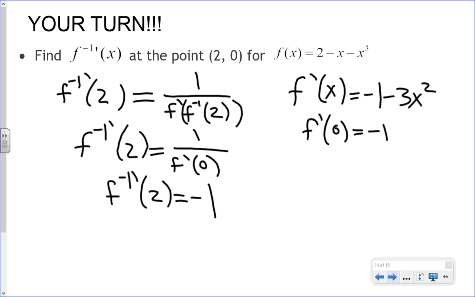Okay, so we need F inverse. Well, they gave us the point 2. So we plug 2 into the inverse to get 0. So from here, our F inverse equals 1. So now in our denominator,